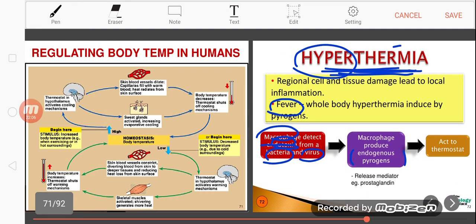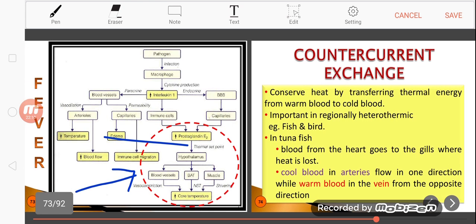The pyrogen causes release of prostaglandin, or an increase in prostaglandin secretion. That prostaglandin sets the new thermal set point from 36.5; the new one becomes 37. So when the hypothalamus detects the new thermal set point,